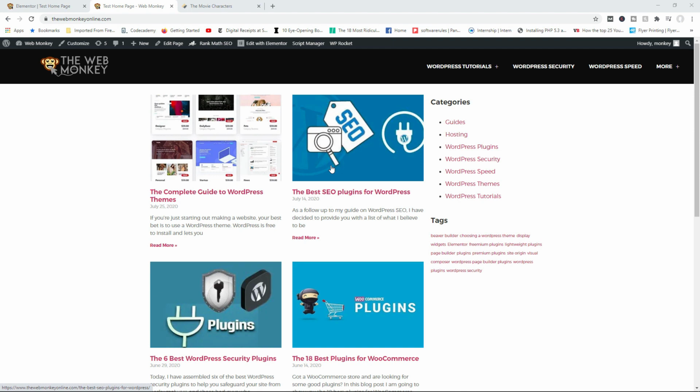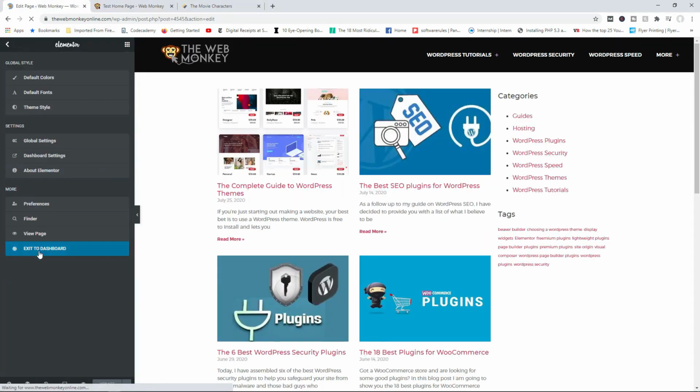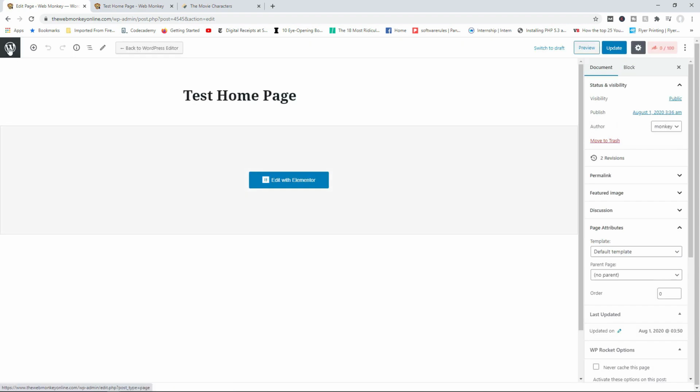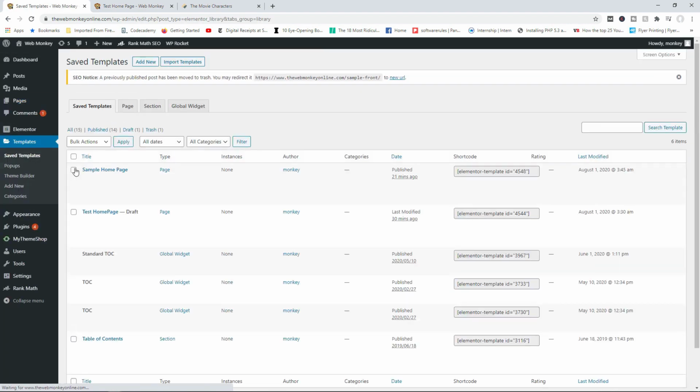And of course, if you feel like you need to edit your template, maybe you don't like something about it, all you need to do once again is to go to the back end. So let's do this really quickly. You would go back to the back end, and then you'd come down here to your templates, go to saved templates, click on the template you want to edit by clicking on edit with Elementor, and then from here